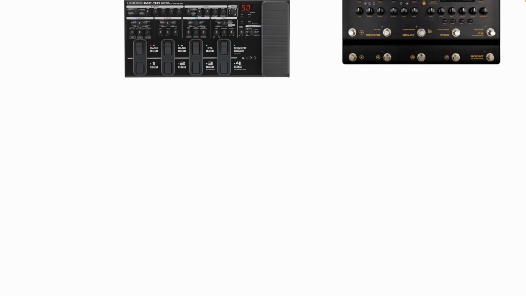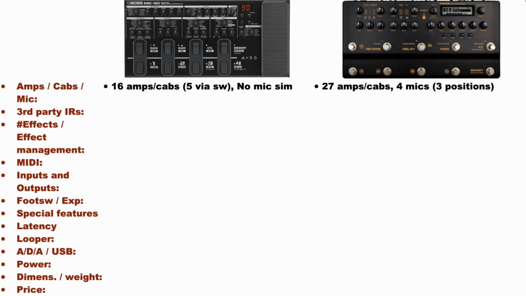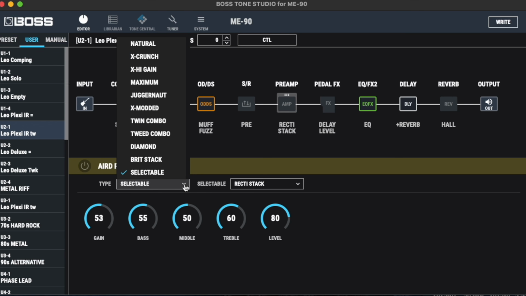We will now compare the two units, checking out the following characteristics: number of amps, cabs and mic simulations, third-party IRs support, effects available and effect management more in general, MIDI, inputs and outputs, foot switches and expression pedal, special features available with both the units, latency time, looper characteristics, ADA conversion and USB channels at our disposal, power needs, dimensions, weight and price. First of all, the ME90 offers 16 amps and cabs, where 5 of them are selectable